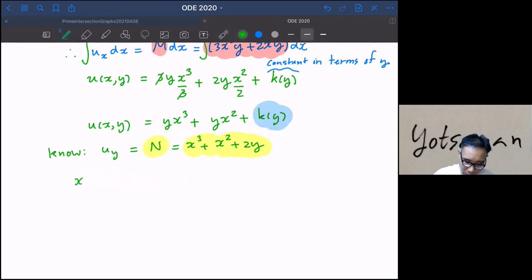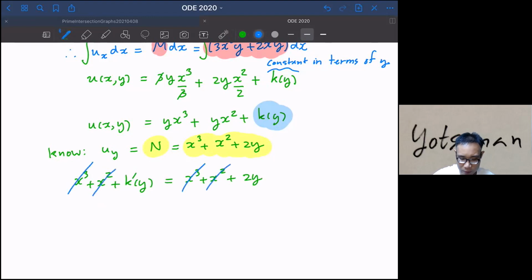So it's going to be x to the third plus x squared plus k prime y, equal to x to the third plus x squared plus 2y. And this will allow you to get rid of x to the third and x squared. And this one, you have k prime y equal to 2y. So in order to find k y,